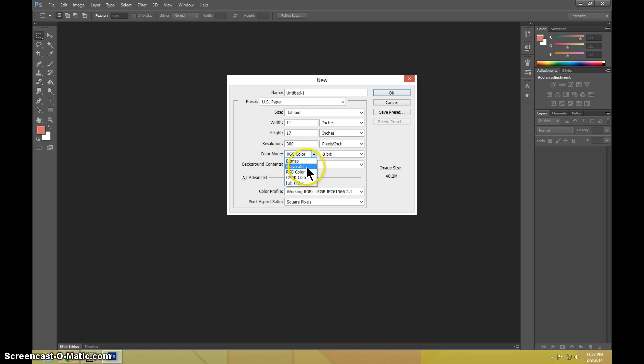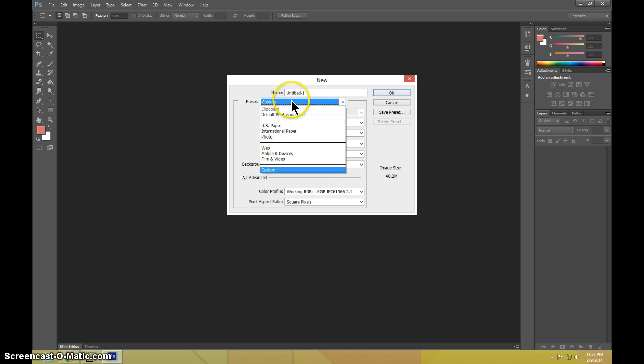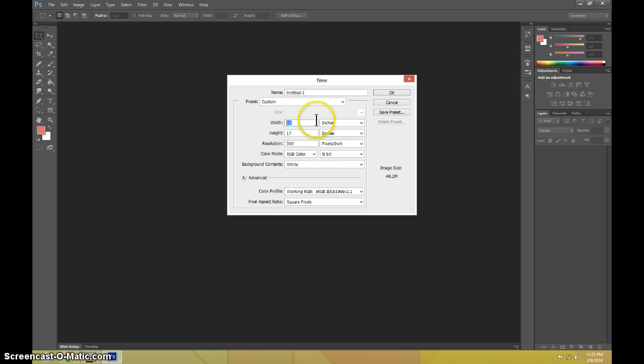Okay, so here RGB is the standard default. You'll never really need to deviate. CMYK is good for print. So when you're printing things, this is like true to printer colors. So things are a little less vibrant, but you'll see exactly what your printer would give you if you were designing something for print. But RGB is fine for web use, so let's make a 500 by 500 pixel